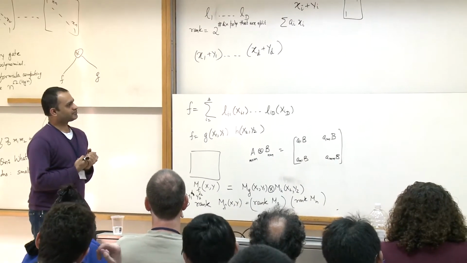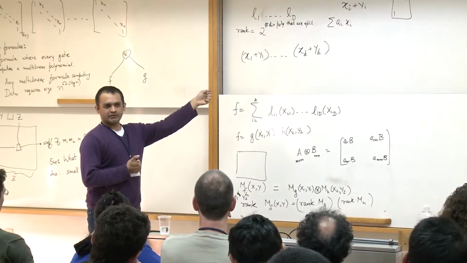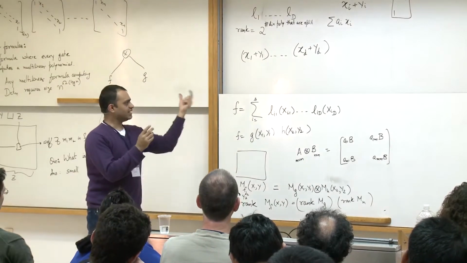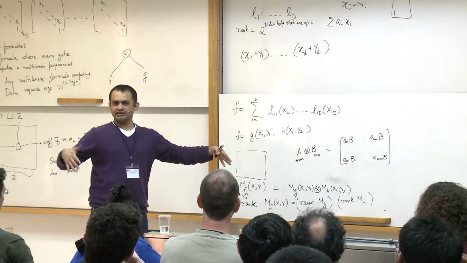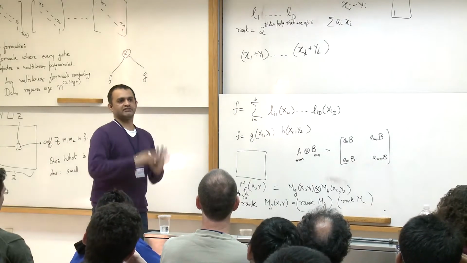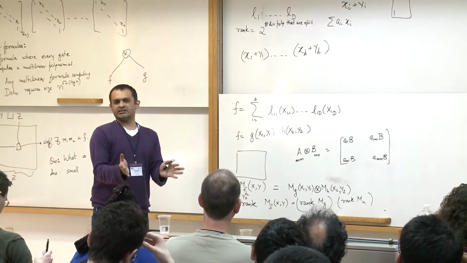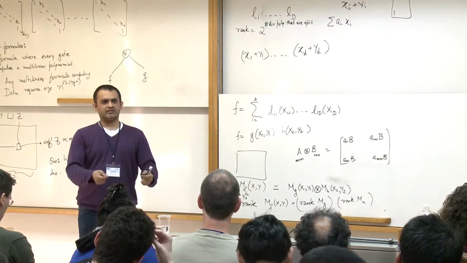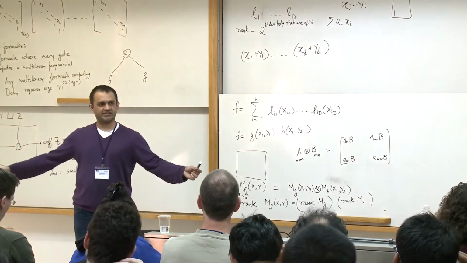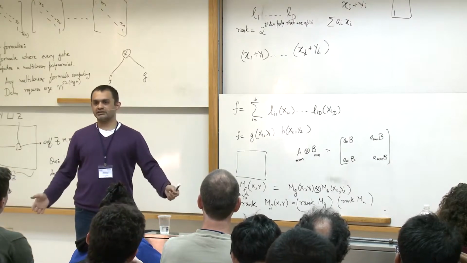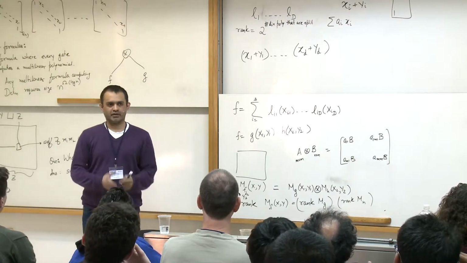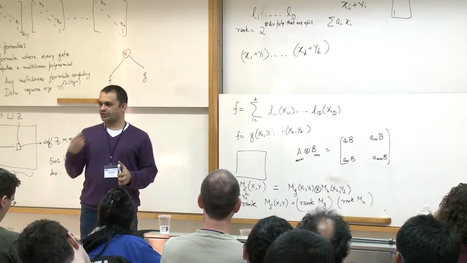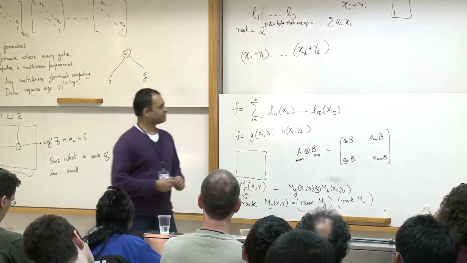Now, what I described is just saying that as long as the linear forms are small, like each linear form does not depend on too many variables, then a random partition is going to put them all on one side with some reasonable probability. The problem here is that the number of variables in some of these linear forms could be huge. Let's say there's a linear form which just looks at x1 all the way to xn. Now the probability that a partition is going to put all n of them on one side is going to fall depending on how large this linear form is. For that I need to gain something.